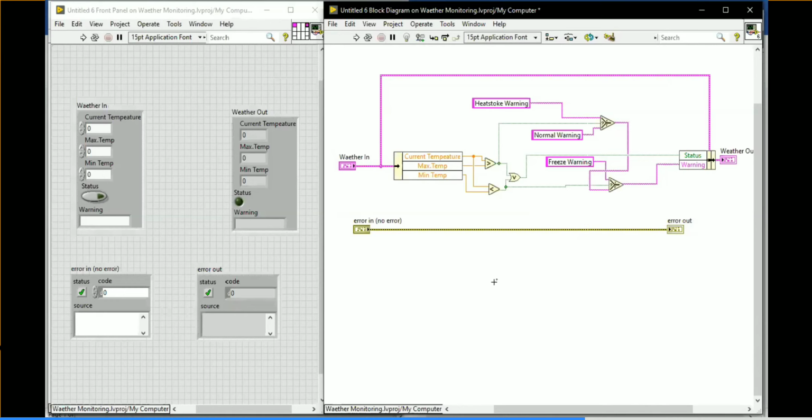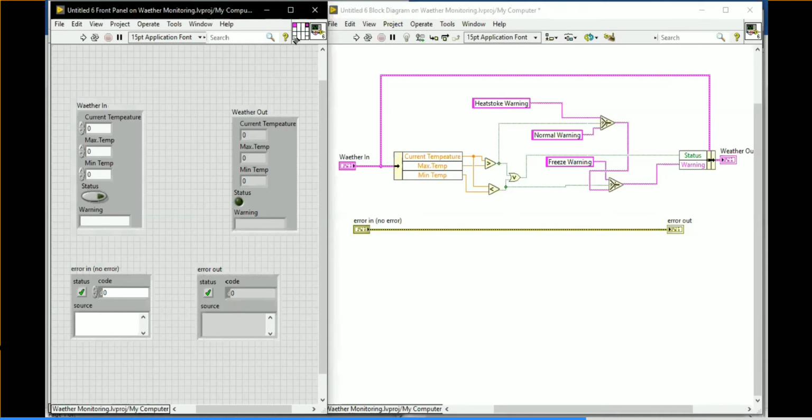Then you have to create the connector pin terminal for error in and error out. Same way, so go for error in and error out. Cluster, I'm selecting that, and same way here also I'm selecting error in and error out. I am choosing in this particular place. If you have completed till now and you want to edit the icon, edit the icon later, because editing means we don't have time to complete. That's why edit the icon later.